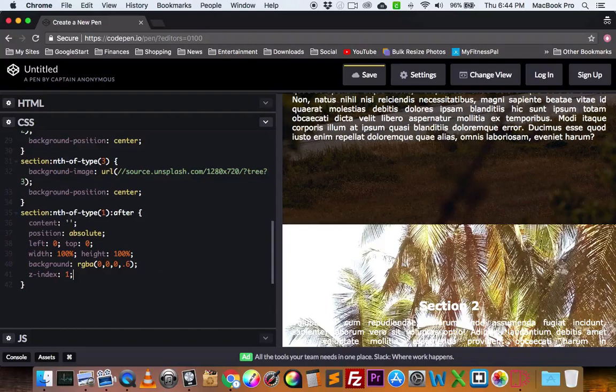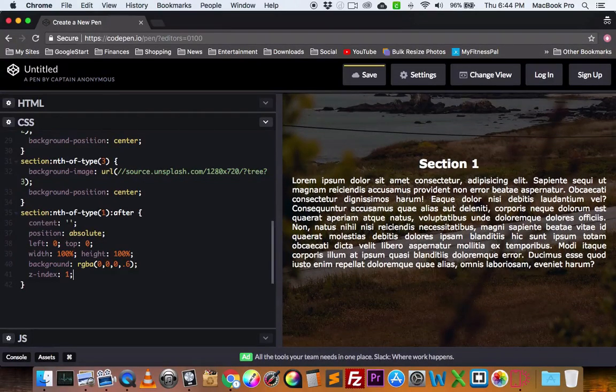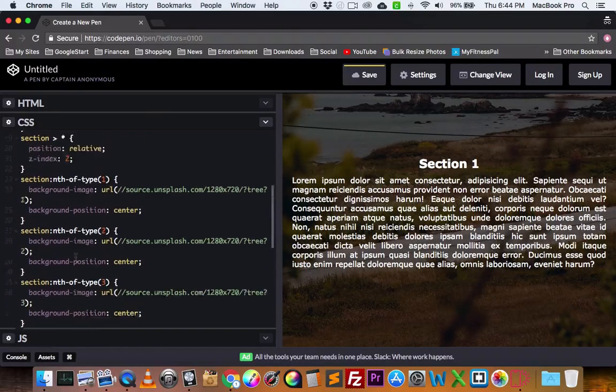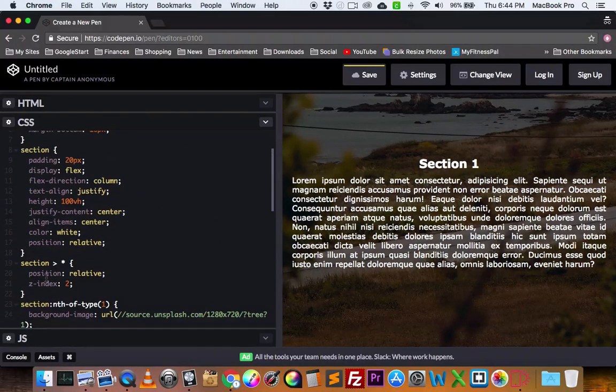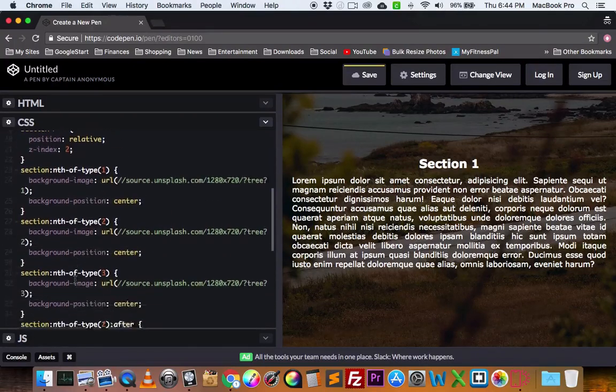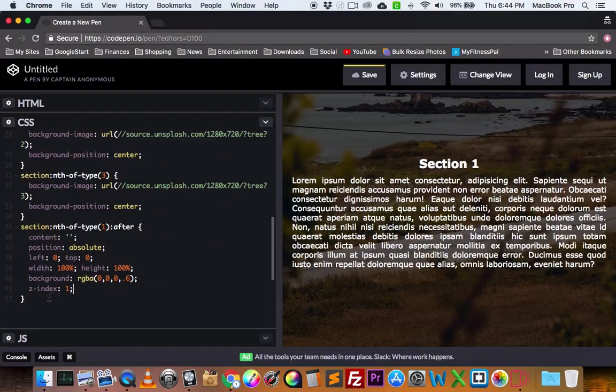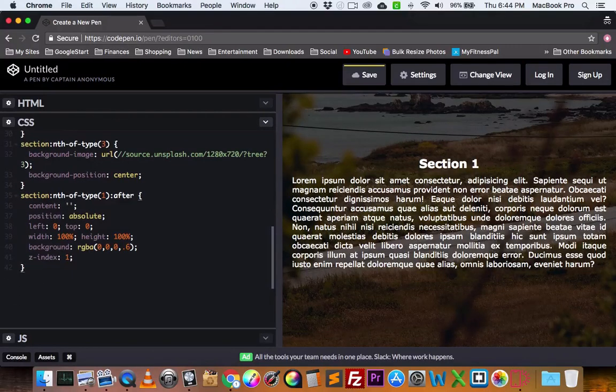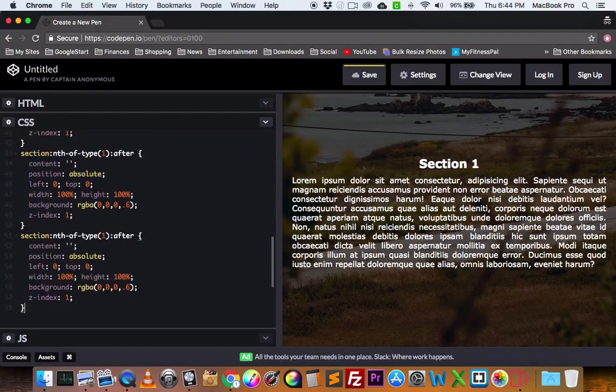The z-index is usually 0, which is why you see that it put the content on top of the pictures. But just to be on the safe side, I'll put a z-index of 1. As you remember, our content below has a z-index of 2. Okay, so now we're going to copy all this, paste, paste,